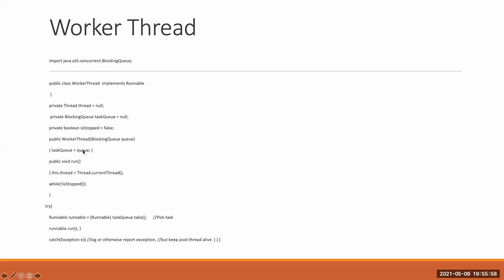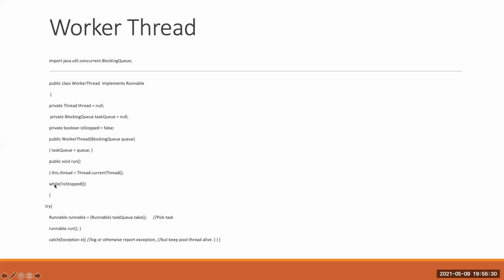Then we use the run method. In the constructor, we get the blocking queue reference as input, so we assign it to this task blocking queue.